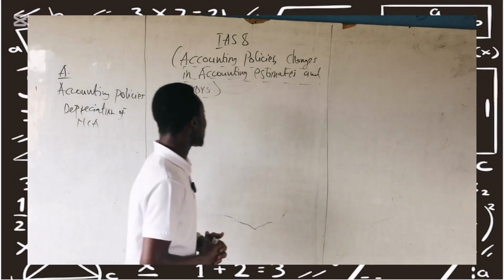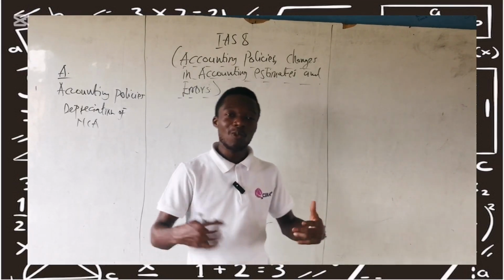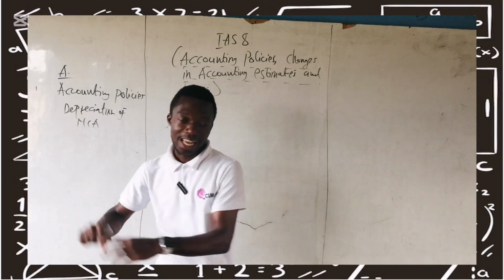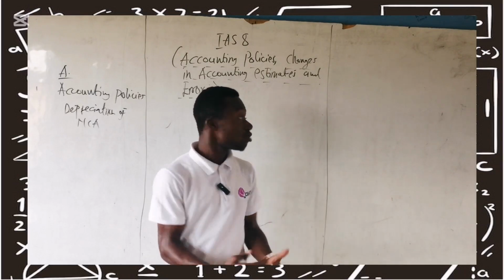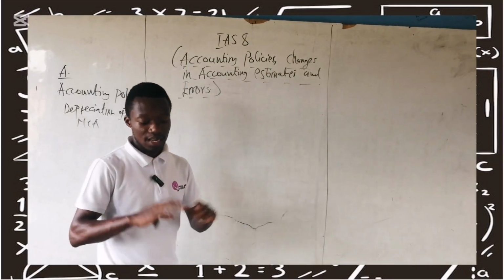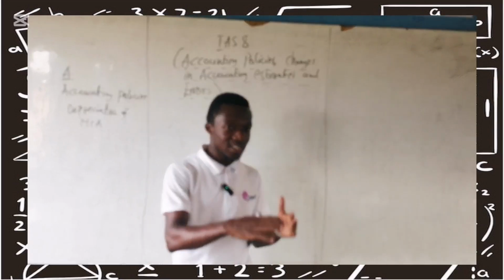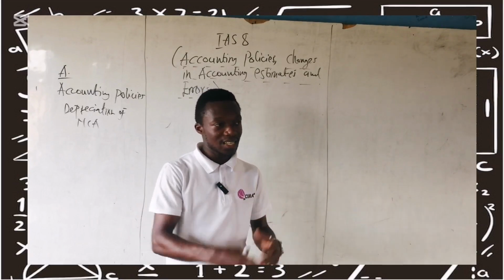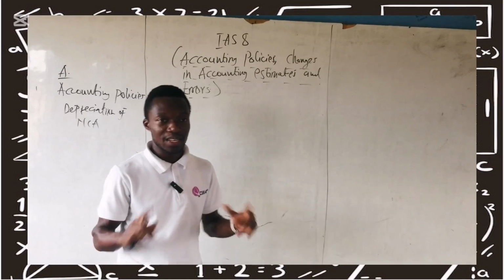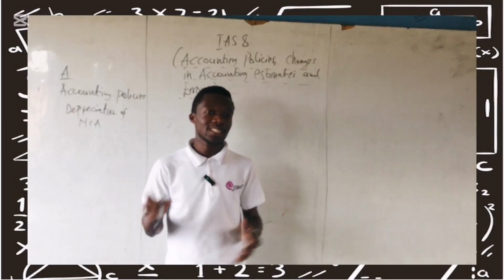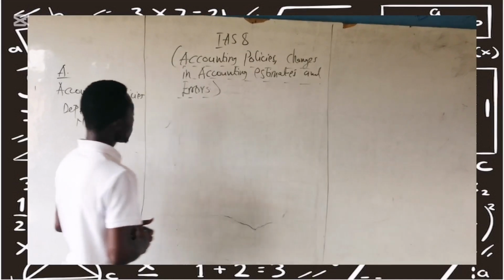So this is one aspect when it comes to the accounting policy. But the big question we have to ask ourselves is that when accounting policies are adopted and selected for preparation of a financial statement, how then should an entity select an accounting policy? That is a big question we're supposed to ask ourselves. If accounting policies are rules, conventions, practices, customs, and ideas that are selected by the entity and applied in the preparation of the financial statement, how then do we select an accounting policy?